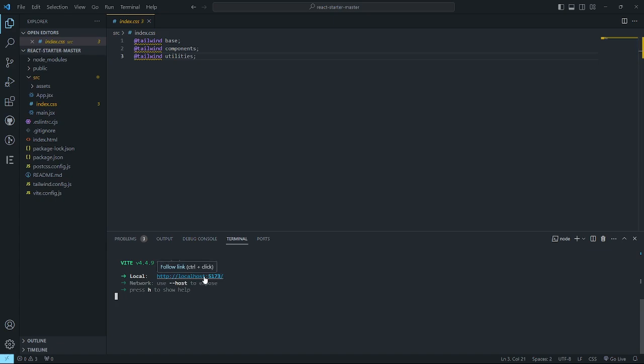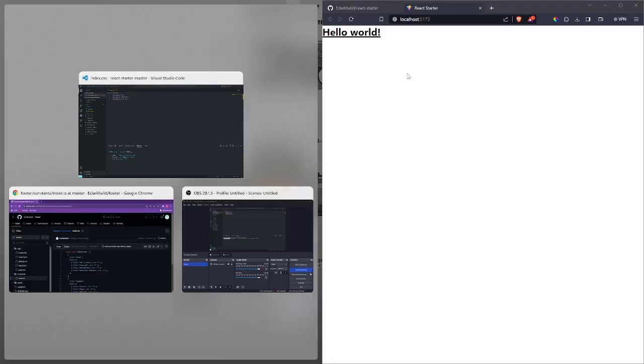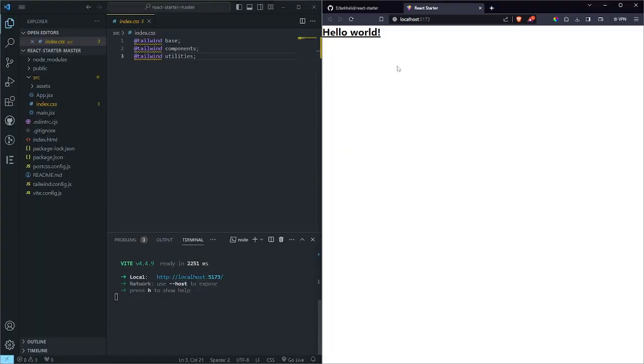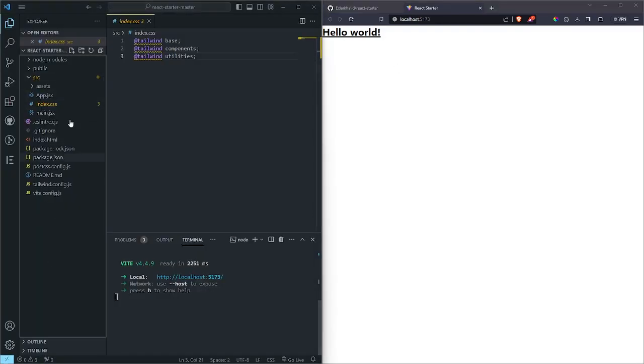Now the project has opened in localhost 5173, so I'm going to open it. And the only thing you can see here is this text, hello world. So I'm going to put the VS Code in the browser like that. Now what you're going to do here inside the app, I'm going to close this, but before I close this